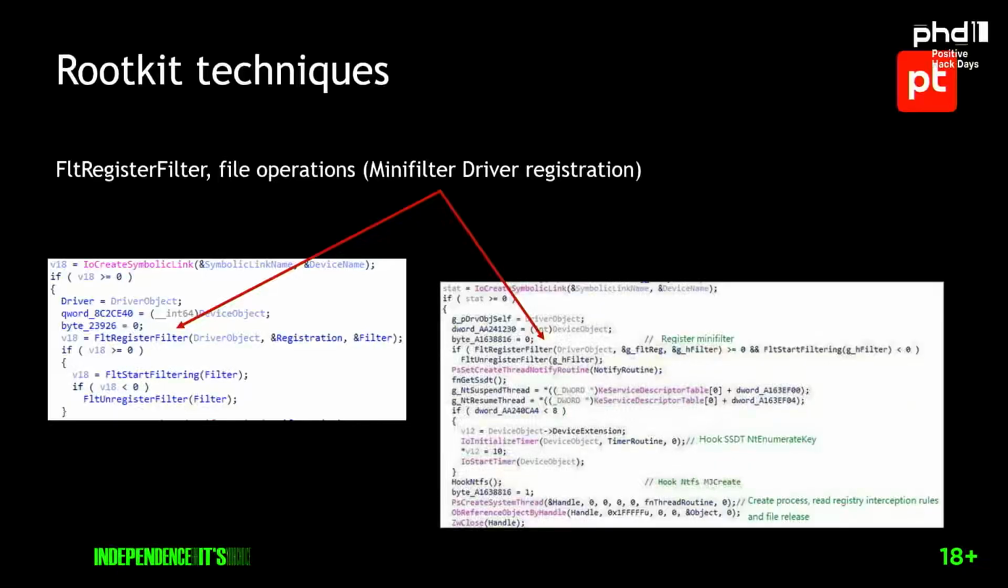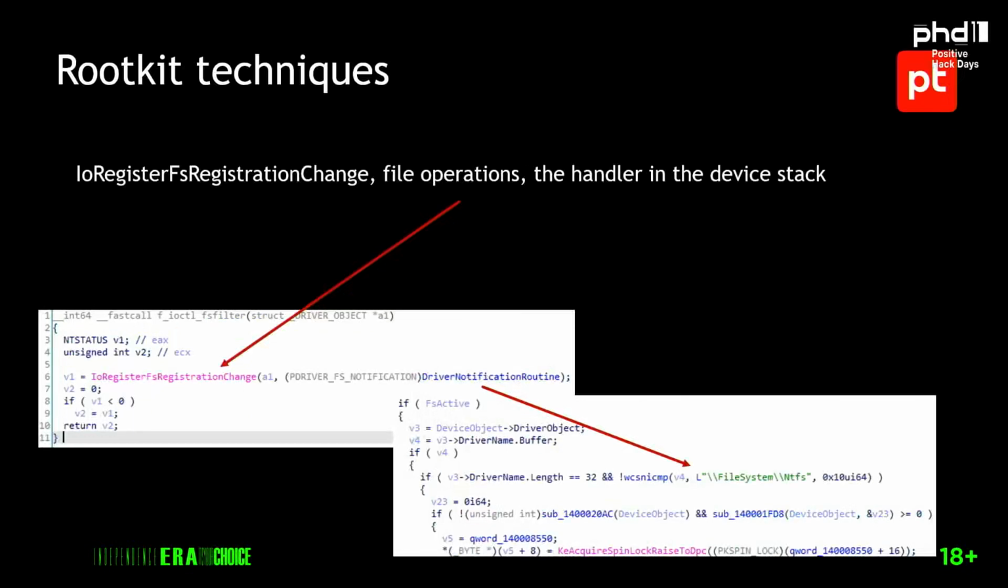So process and registries, this is file system now. Indeed, we can do registration of a mini filter driver, and this should help you hijack operations in the file system. And this is the specific syntax in different rootkits. This unusual function is not seen as often. I register a fast registration change. So if there is a new file system appearing,